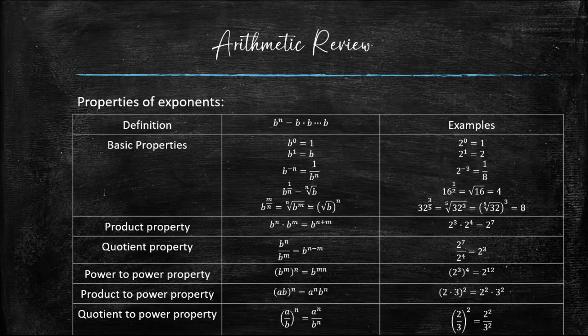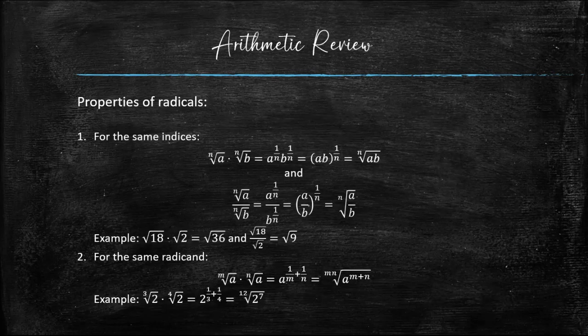These are the rules, or rather the properties of exponents, along with the definition and examples. So if you ever need to refresh your memory on the properties of exponents, here they are. Now, notice here's a property, actually a surprising property, because we know radicals as the undoing of exponents, but this property shows us that radicals are actually exponents, which is kind of mind-blowing. So that means when it comes to properties of radicals, they are pretty much the same as properties of exponents, and the two most